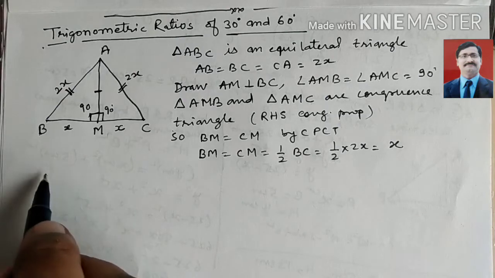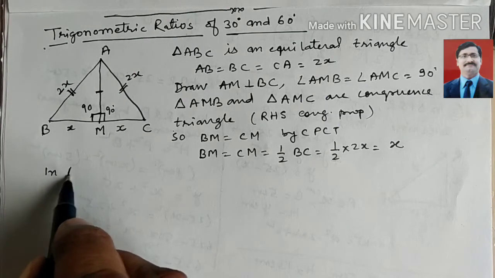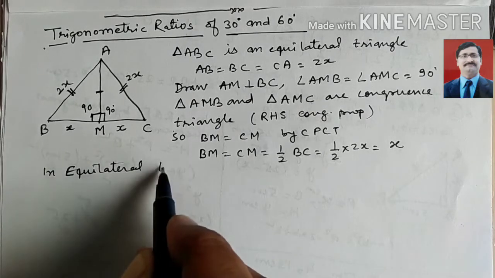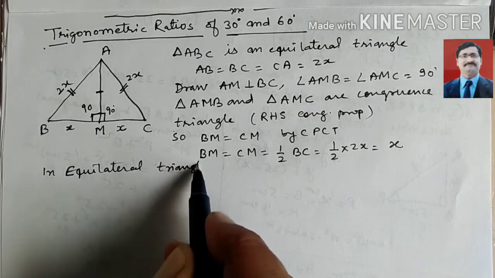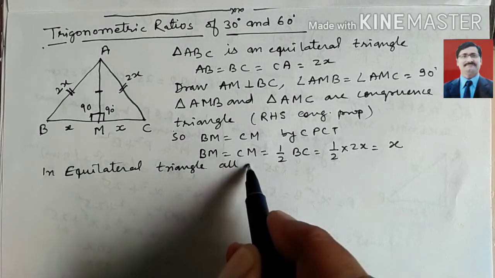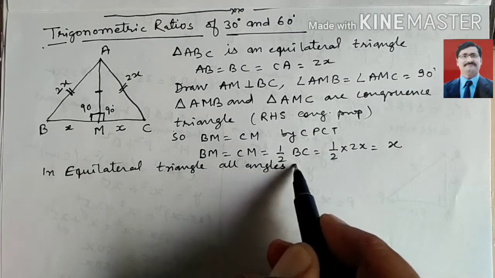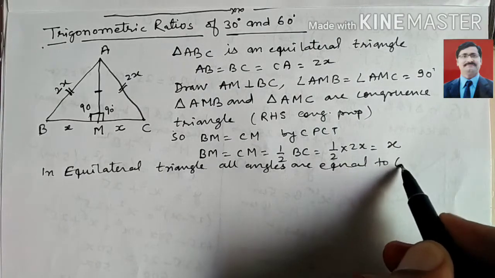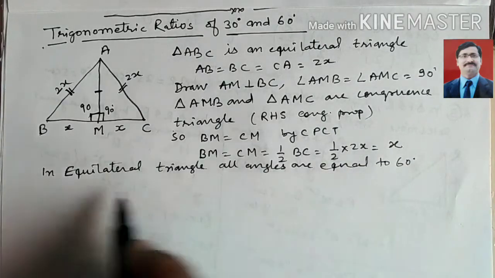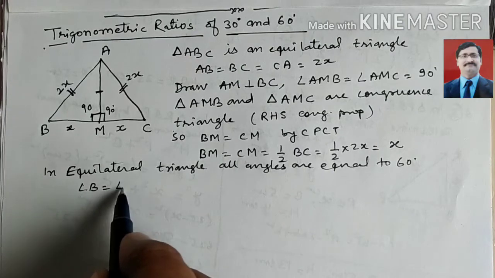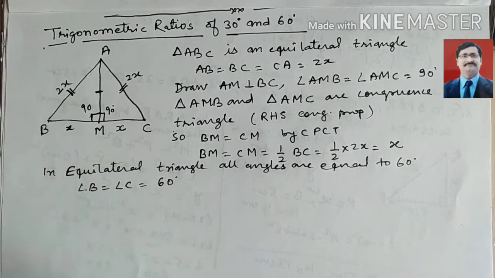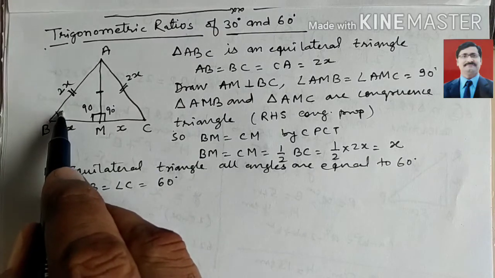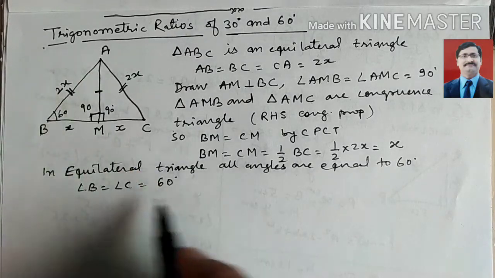Now we know that in an equilateral triangle, all angles are equal, and all angles are equal to 60 degrees. So you can say angle B or angle C both are 60 degrees, and so look here, angle B is 60 degrees, means you can get this in triangle